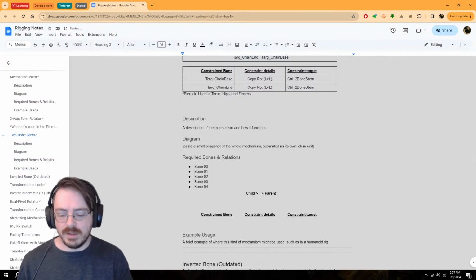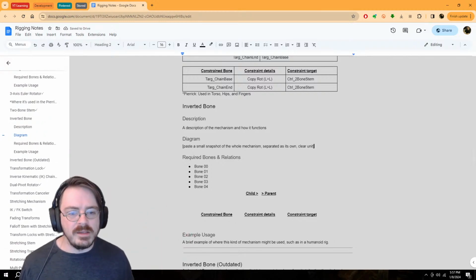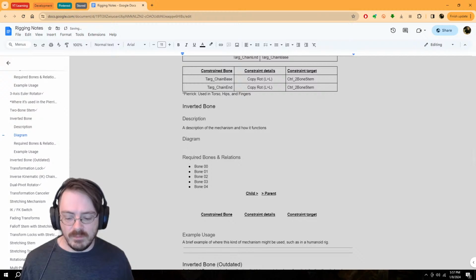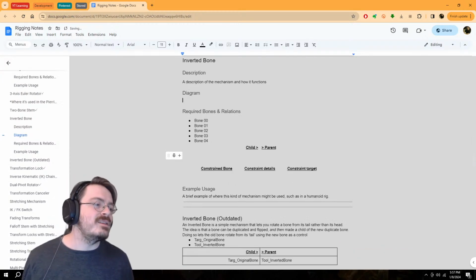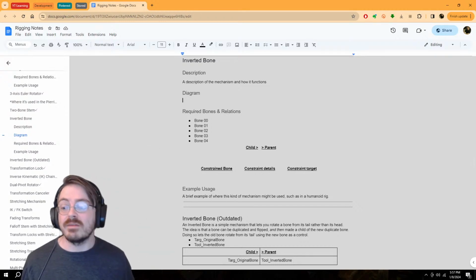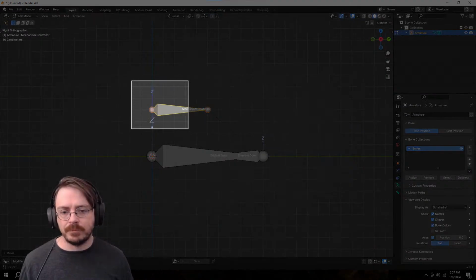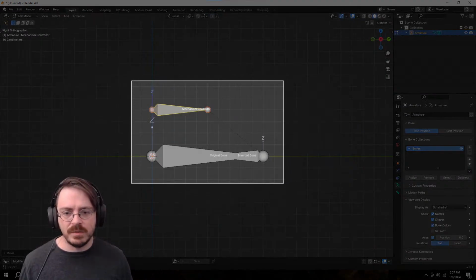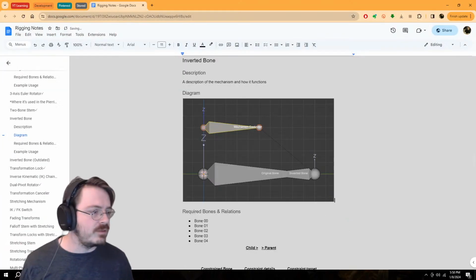Here, and I'll call this inverted bone. I'm going to leave the description. I can do that later. But this is probably the most important part. And now I can press, oops. Oh, and because I did this out of order, because I pressed Control Copy and did a new thing, I have to go take a picture again. So I'm so sorry. Let's do that real quick. So here's my picture of my diagram. And now I can do that. Perfect.